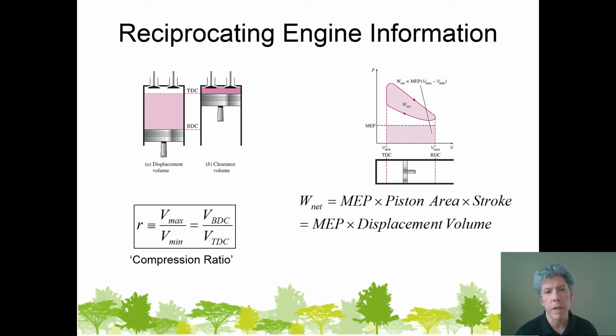And so that's written in equation form down below the figure on the right-hand side. It says that the net work equals the mean effective pressure times the displacement volume, which is piston area times stroke. And so if you have a 300 cubic inch engine that produces 1 horsepower per cubic inch, and one that produces 2 horsepower per cubic inch, then the second engine has twice the volumetric efficiency of the first, because what it's doing for each cubic inch is producing more horsepower, producing twice, as a